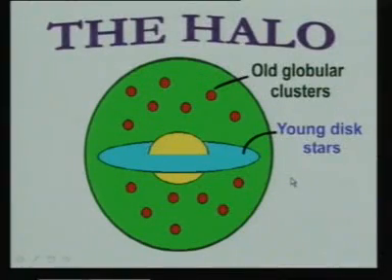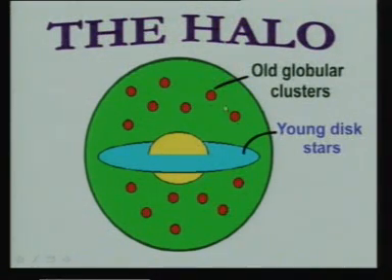This is an artistic picture of the halo. I told you that the halo is so thin that it cannot be seen. In fact, there was a time when we did not know that a halo exists. The existence of the halo was concluded from the stability of the disk of the galaxy. If the halo is not there, then it can be shown that the disk of the galaxy is unstable. It will break up, and therefore one needed a force exerted by a halo. So the halo is a very thin gas, of a huge volume, and therefore